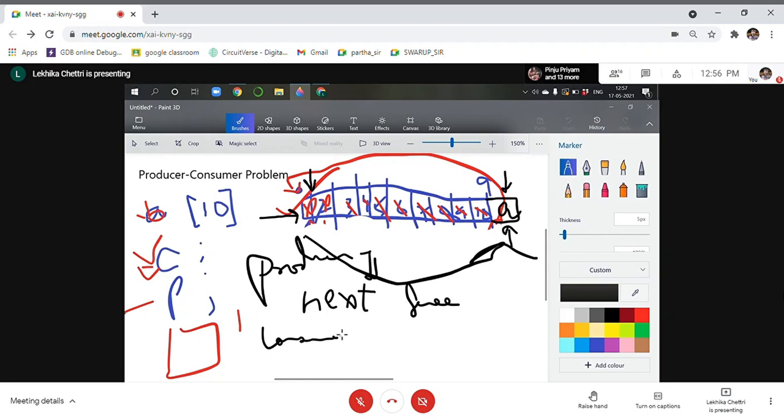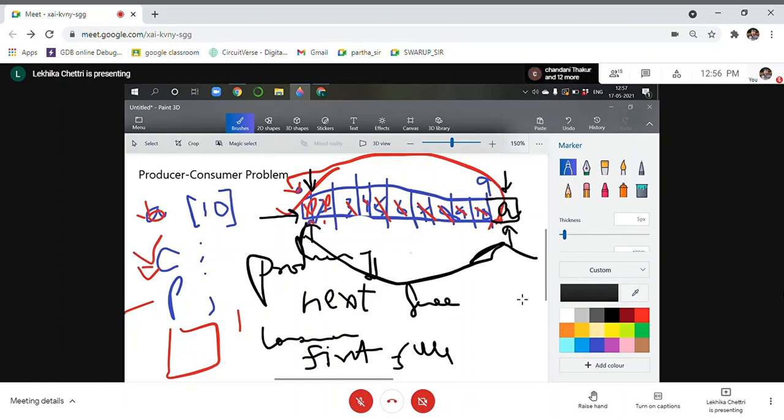The consumer will not consume from here. The consumer will start consuming from the first full location.